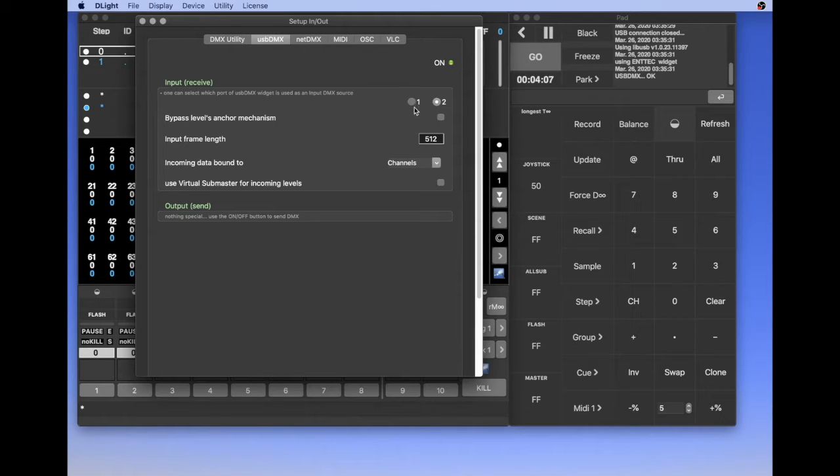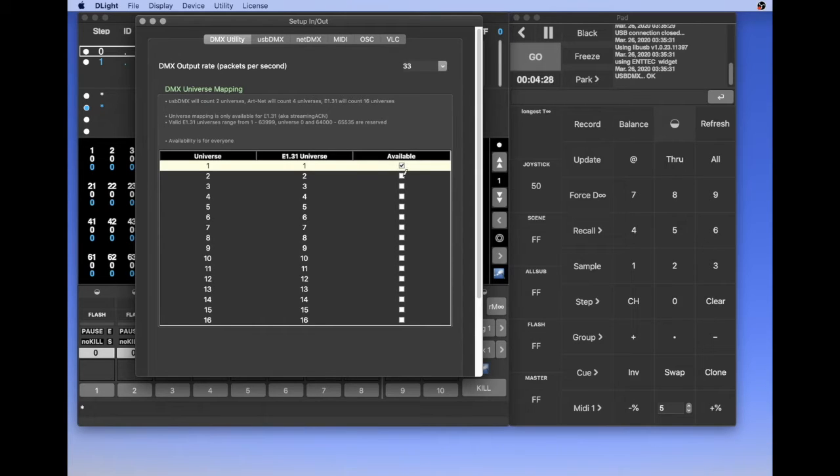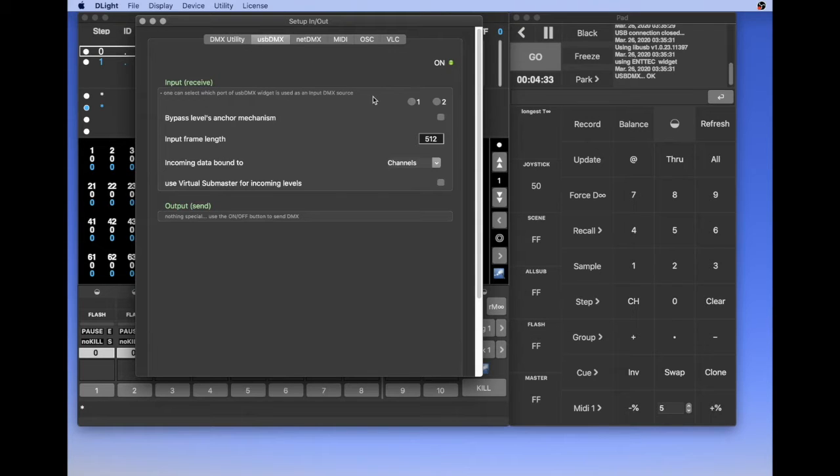You see, when it is not ticked, it says that it is output DMX. And if I want to use two universe in output, I untick this one. And in this configuration, when you set the second universe available, you can output two universe in DMX, in USB, sorry.